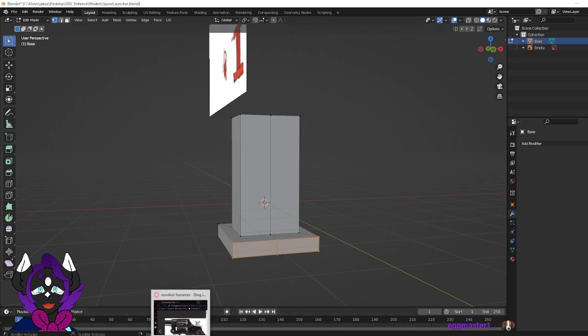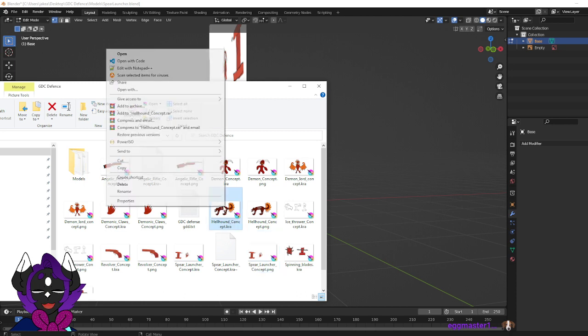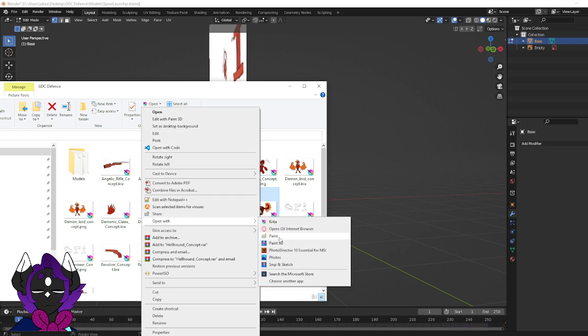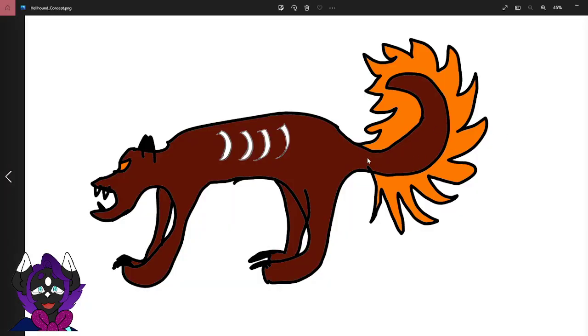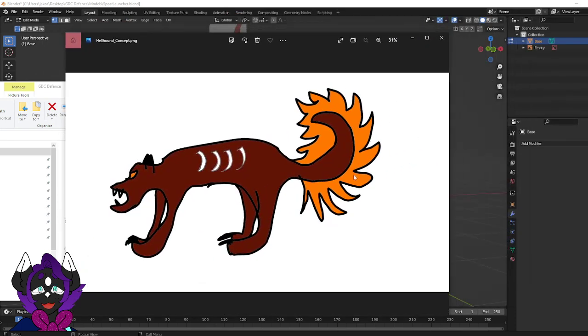Actually, let me show you the concept. It looks more like a cat, but let me open it up real quick. So yeah, that's the little concept I've got for it. When I was drawing it, it was said to look like a cat, and I can see where that comes from, but